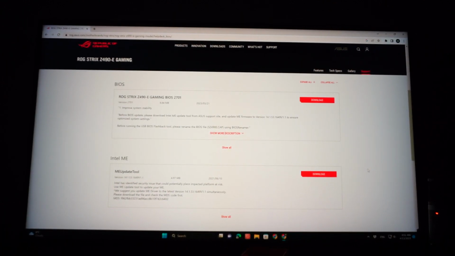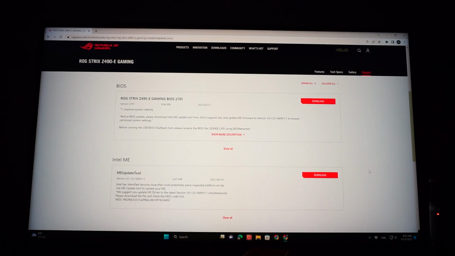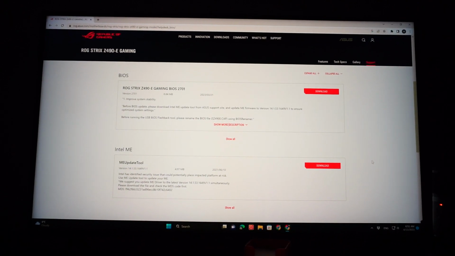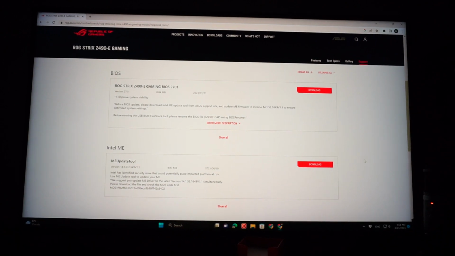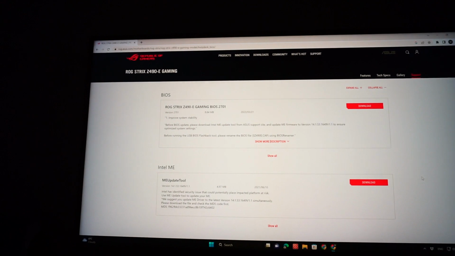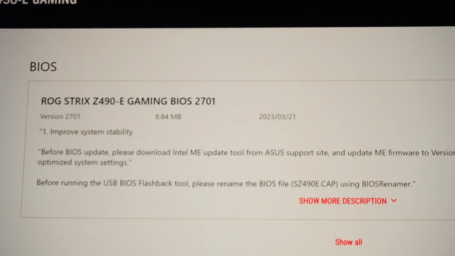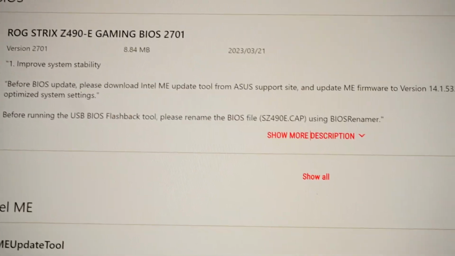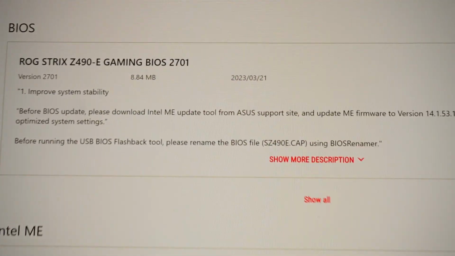I must admit, I tried to look it up in the past few months, but I saw that there wasn't any updates, so I left it like it was. Right here we see the new version is number 2701, and as my subscriber recommended me, here we see that